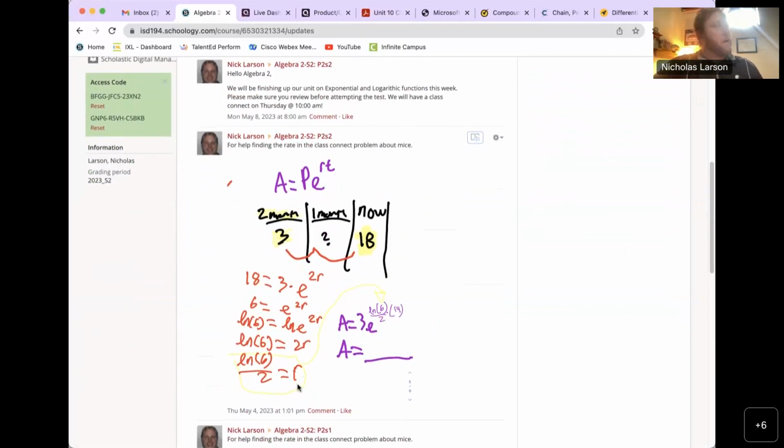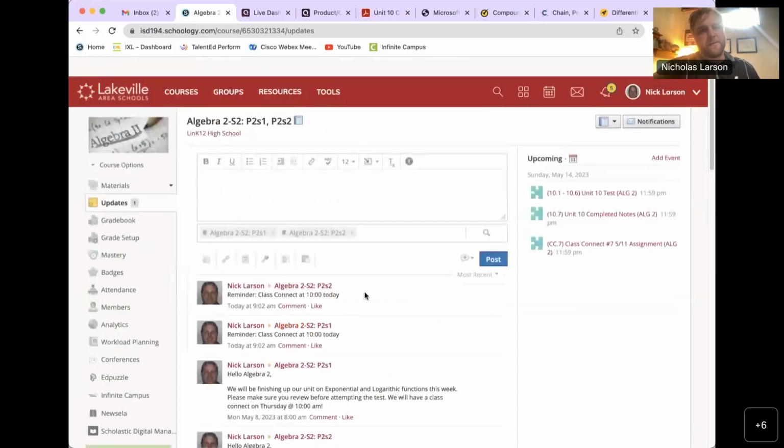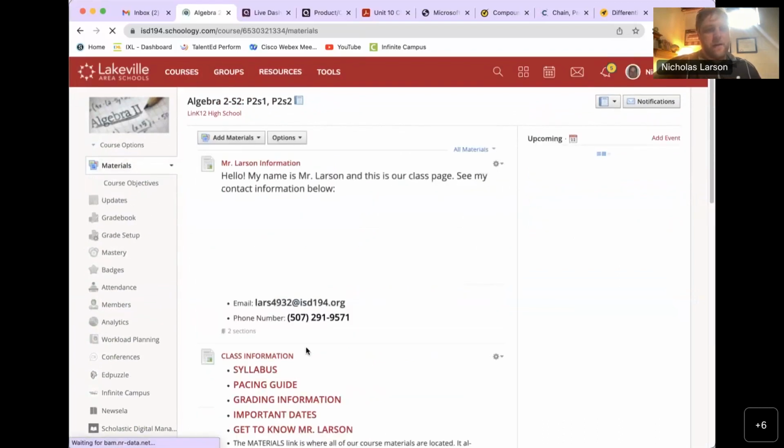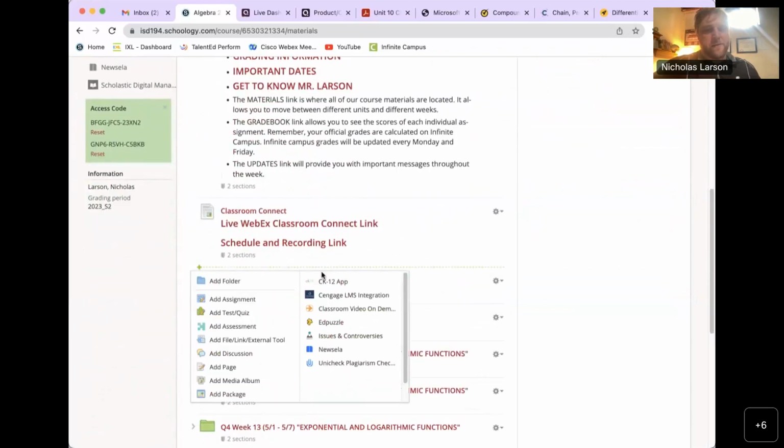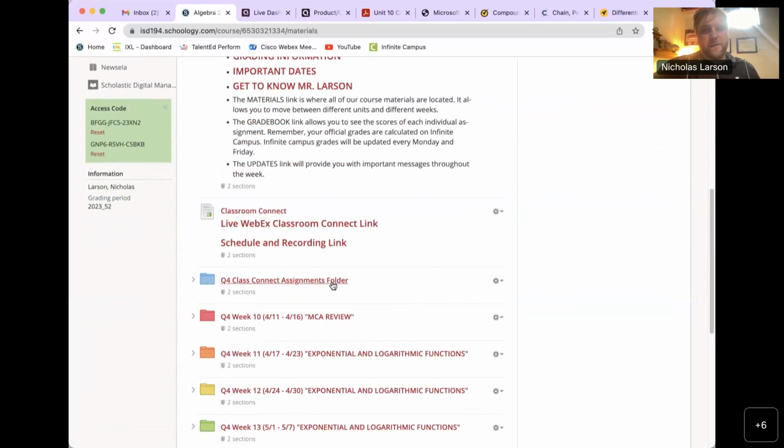So that was one problem I found with the student. They were getting this as a decimal and rounding it. Keep this number in this natural log of 6 divided by 2 form, because that's going to give you your most accurate answer. Okay. That was a correction from last week. So if we look at our assignments,